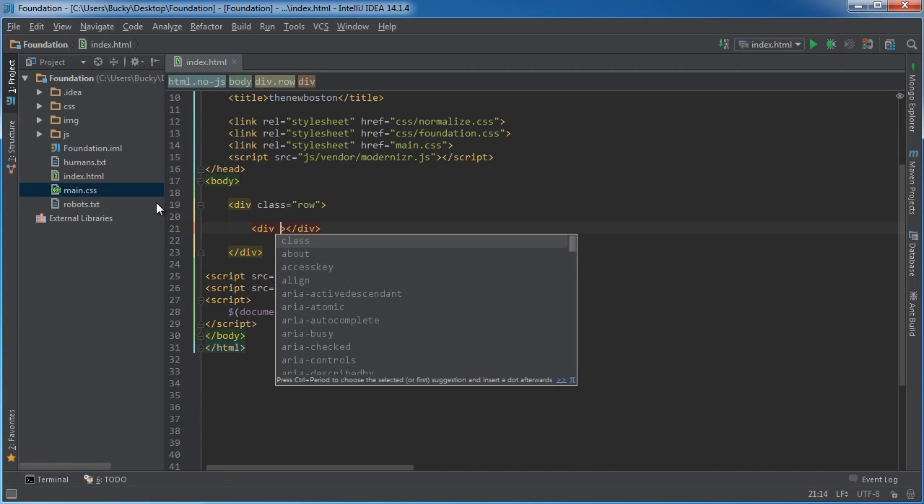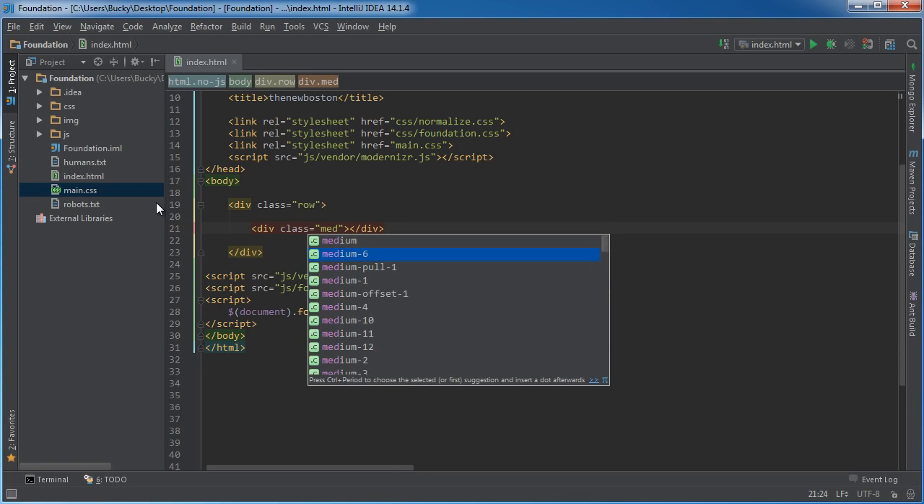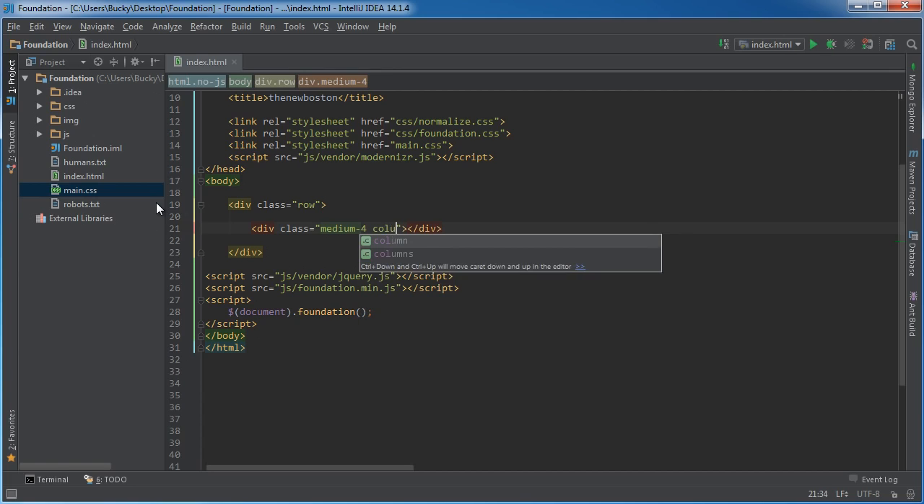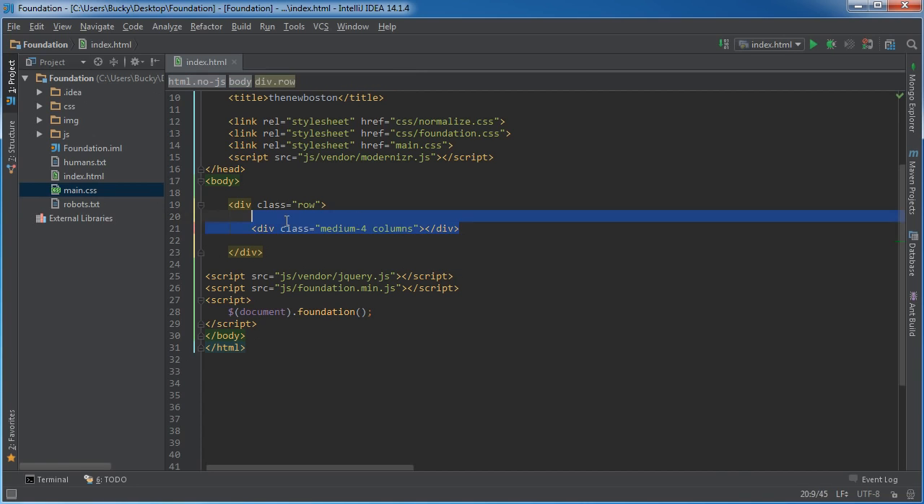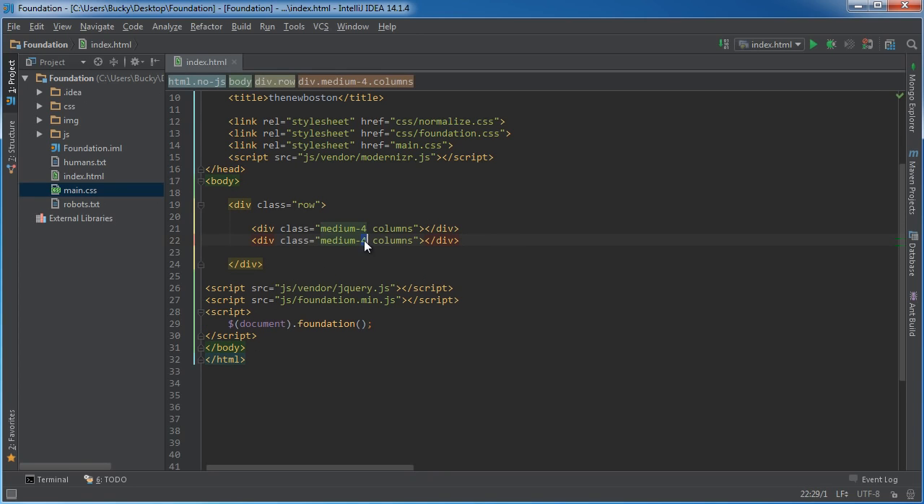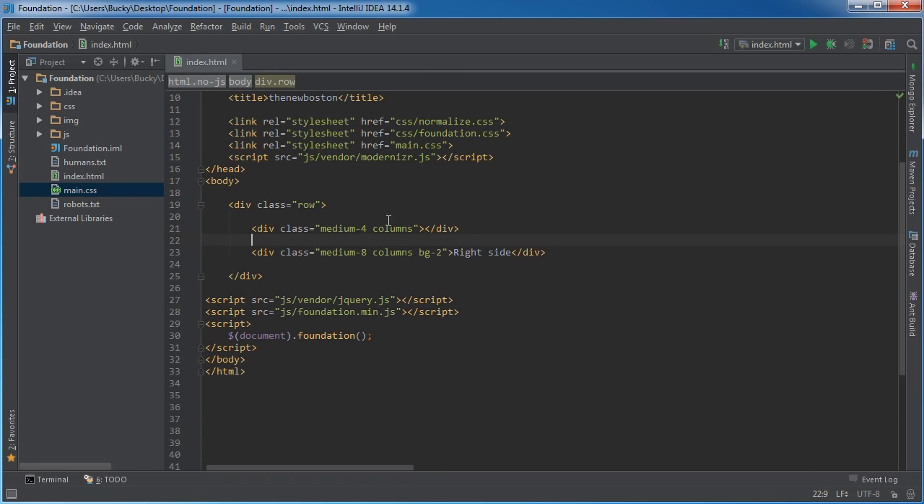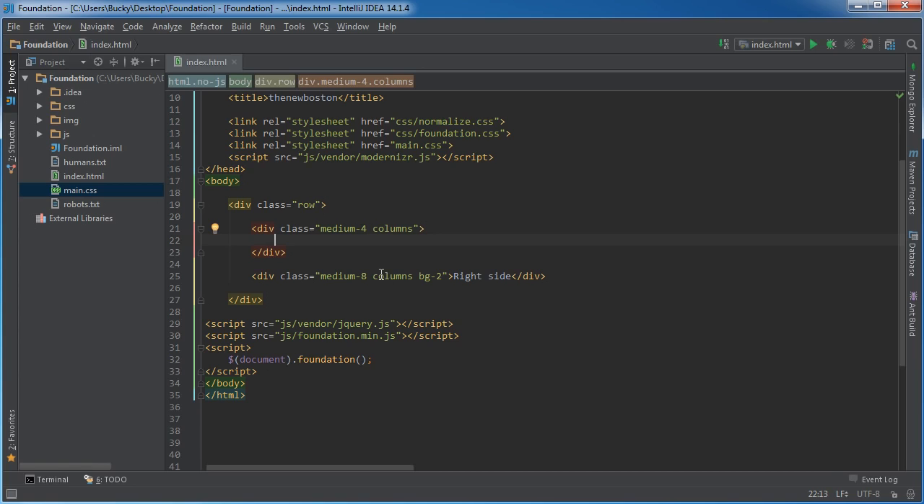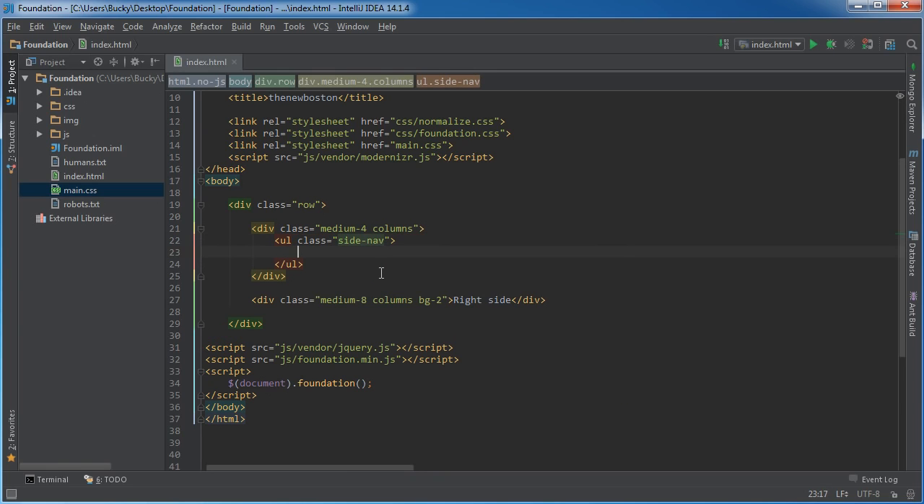So I'll just say medium, 4 columns, and actually let me just add another big section on the right. Since we're not going to really be putting anything in here, we'll just say right side. And give it a background color of 2, whatever that color is. So the actual menu is going to go on the left hand side right here, so let's go ahead and get started on that. So it's going to be an unordered list, and the class of this is going to be side nav. Now inside here we're just going to have a bunch of different list items with links inside,